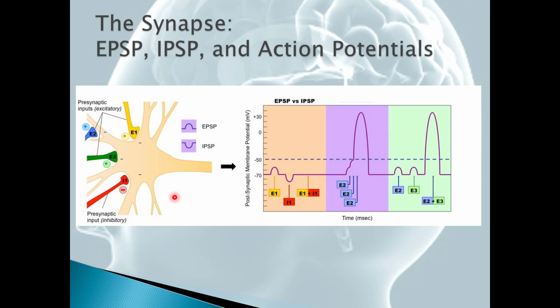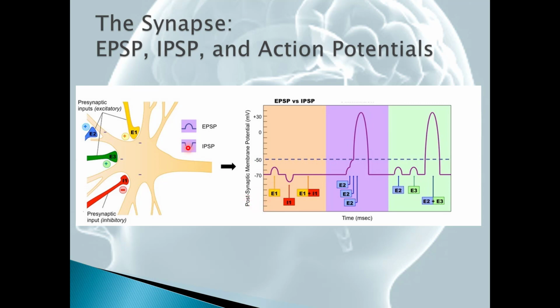Here's yet another wiring diagram. Here we have 1, 2, 3 different excitatory inputs. So these are presynaptic inputs, axon terminals synapsing on these dendrites here, or cell body. Here we have one inhibitory presynaptic input. So here our resting membrane potential is minus 70, our threshold is minus 50, and here we're going to see